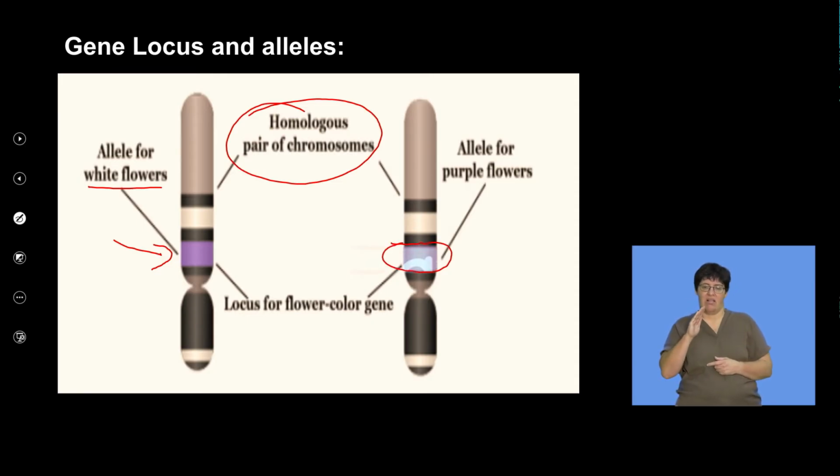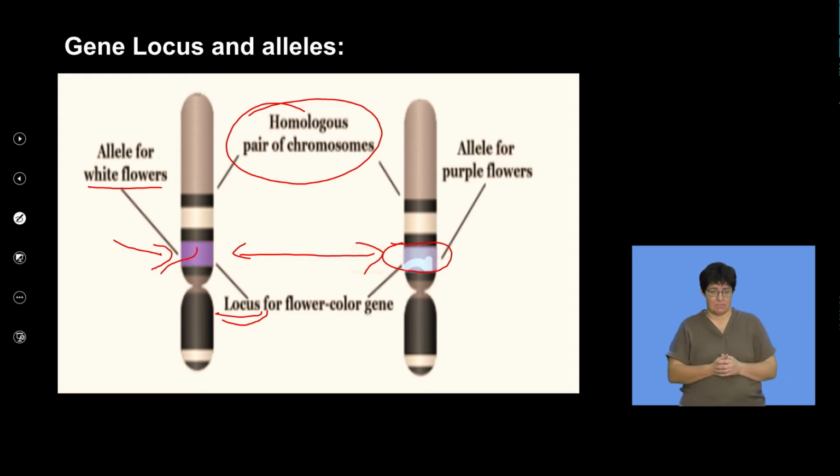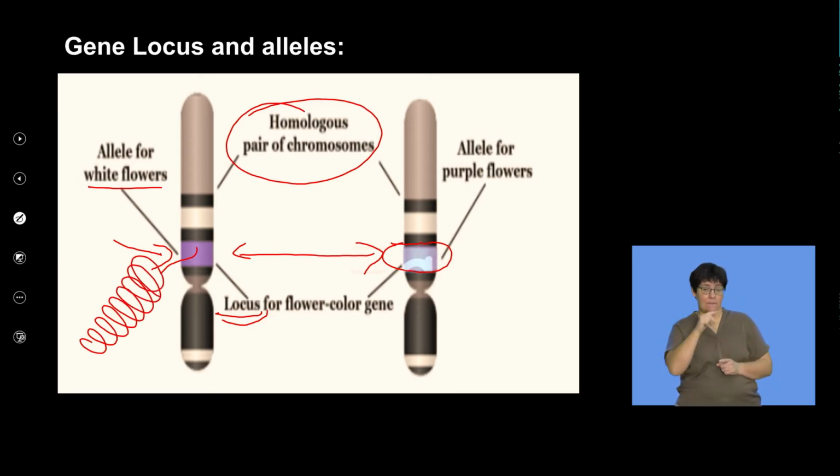What is important is that we understand the concept of the location for this specific gene, and we use the term locus. And so essentially, by trying to illustrate the position of a locus, I'm using this image to show you where that specific gene is found. And so remember that that gene is DNA that is wrapped around histone proteins that codes for, in this case, the color of flower. And these homologous chromosomes essentially point to structures where DNA is found